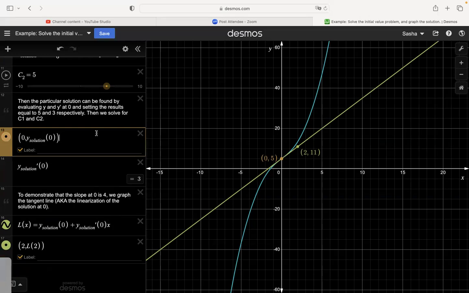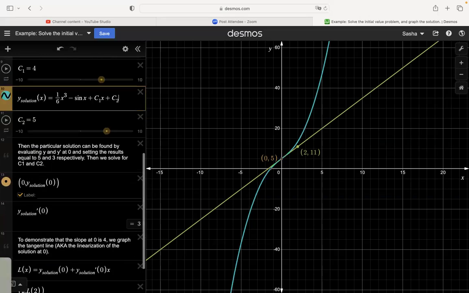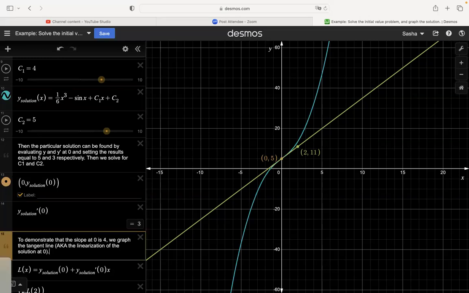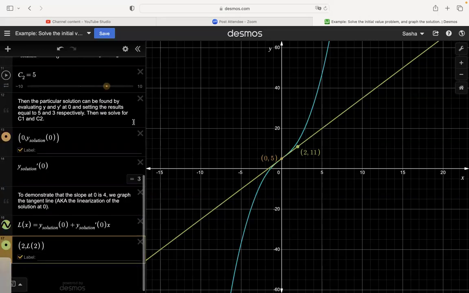Actually, I think I may have made a mistake. Is that right? Yeah, C1 equals 4, C2 equals 5. That's correct. Now the claim is that the slope of that tangent line is supposed to be 3, and it